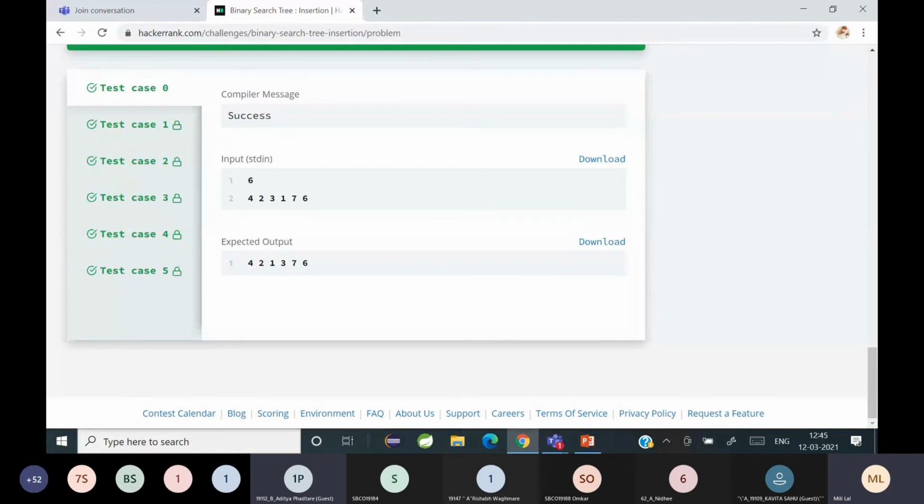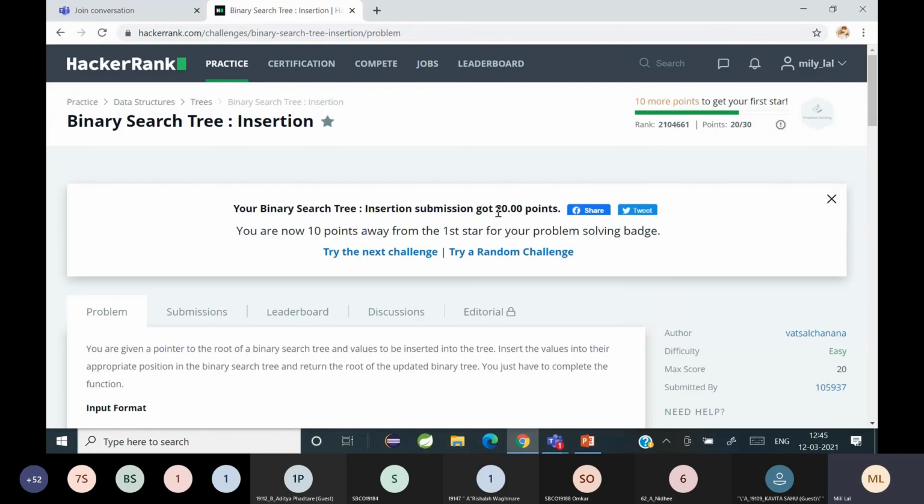Yes, ma'am. This is just a practice platform. For me, you have to do binary search tree insertion. Otherwise, you can practice different kinds of programming here. There are different problem statements which will help you improve your coding skills. Does anyone have any doubts? Is it clear how to use this? Any doubts?